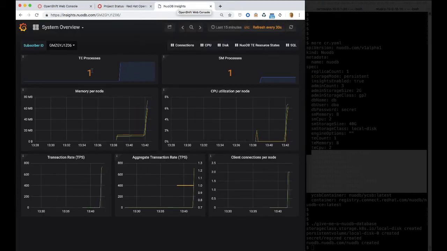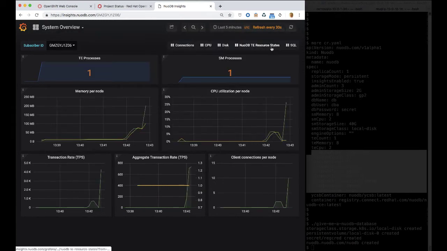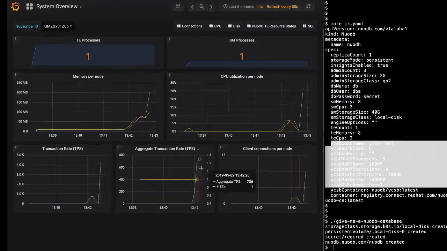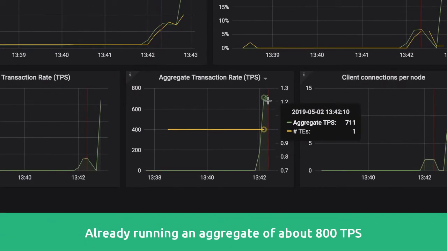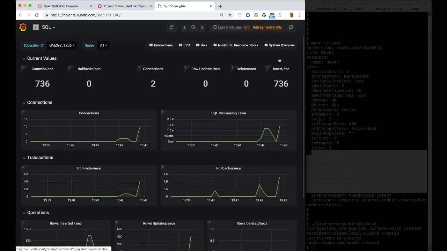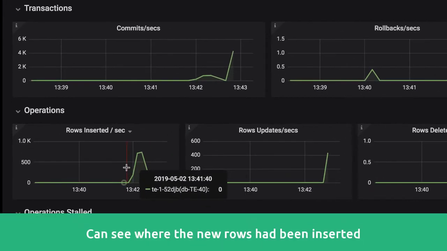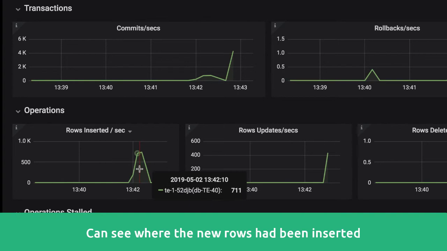And we can see that we have one transaction engine running, one storage manager, and our transaction load is already starting. I'm going to select last 5 minutes, and we can see that we're already running an aggregate of about 800 transactions per second. By clicking the SQL panel, we can see by scrolling down, here's where the rows were inserted that I mentioned. They were inserted at about 700 per second up into installing a full 10,000 rows,